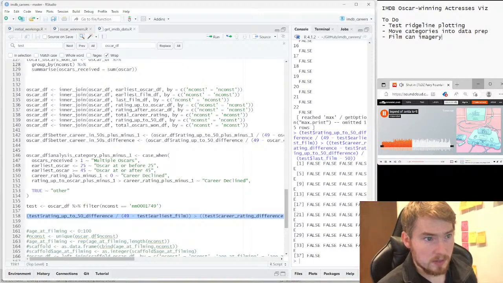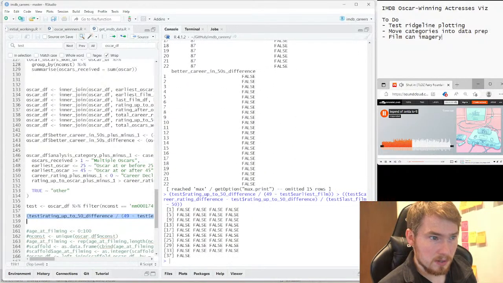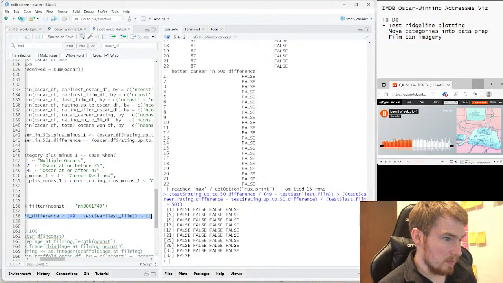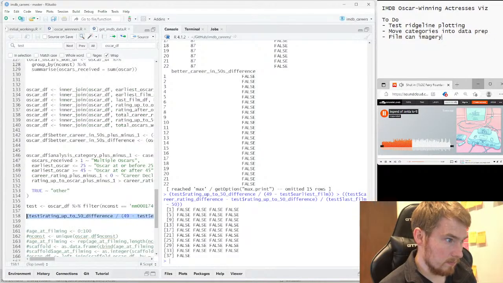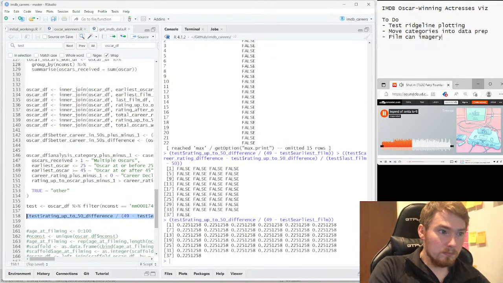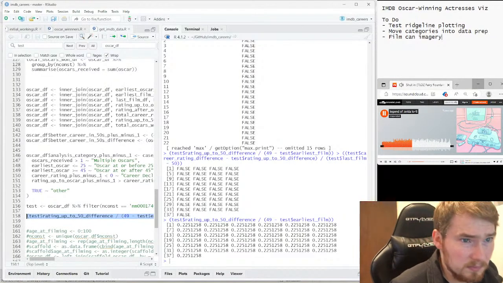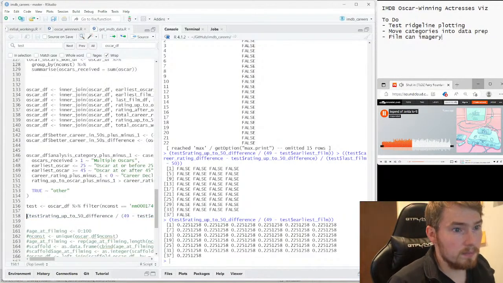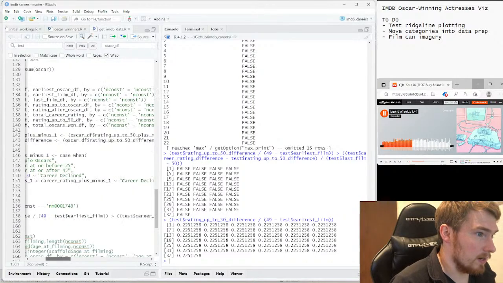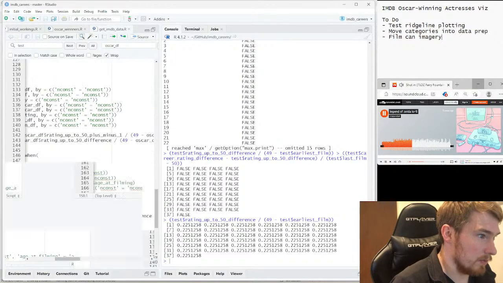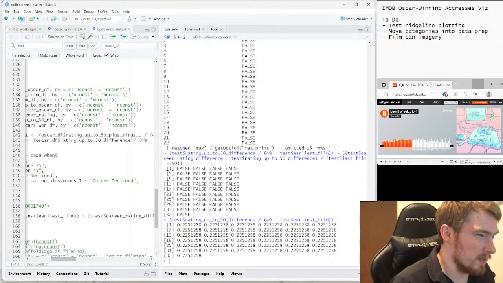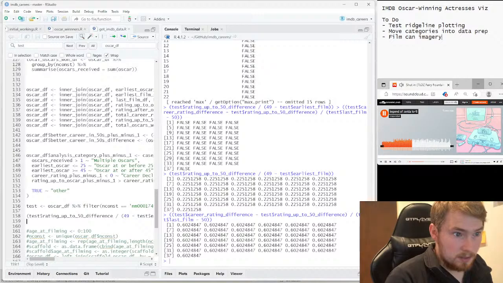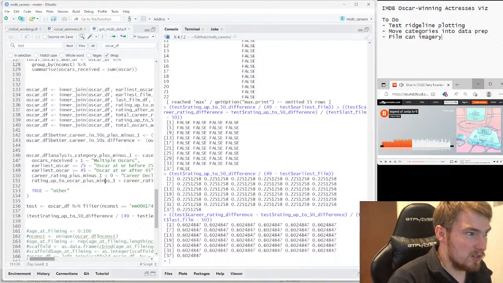So that's still staying false. Test rate, so let's see what this is. Oh, it's right, but I needed to change the arrow around. So it's saying is the first bit greater than the second bit? And the answer is no, so I need to change that.